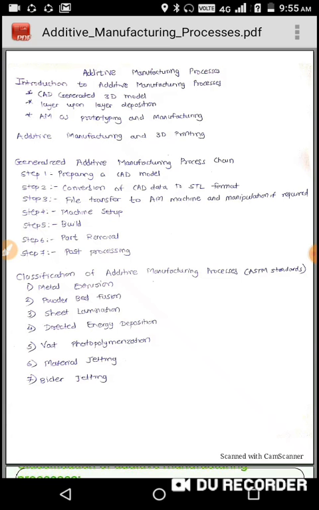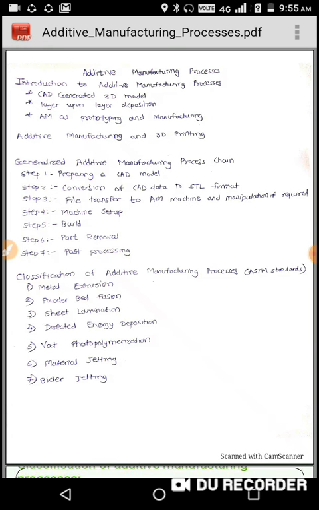The second step is conversion of the CAD data to .stl format. Now, the 3D printing machine accepts only STL file format. STL stands for Standard Triangulation Language.